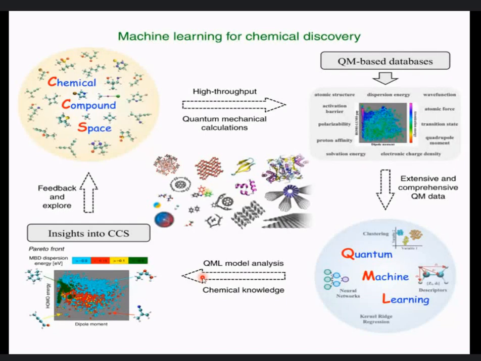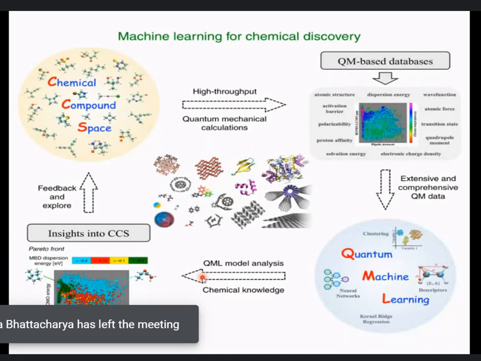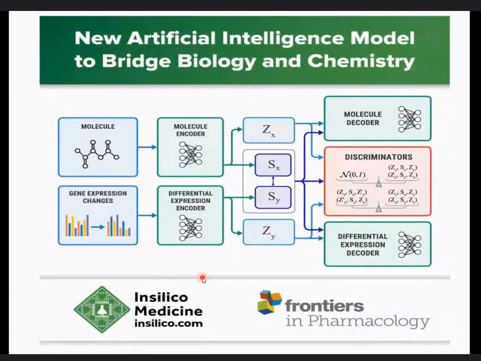And we have found that this kind of molecules we can choose out of thousands, tens of thousands of molecules, and we can work on their synthesis as well as their binding. And so in the drug area, this is a very, very important thing. It's a new artificial intelligence model to bridge biology and chemistry, because this is in silico medicine company, Frontiers in Pharmacology. As I mentioned, this artificial intelligence and